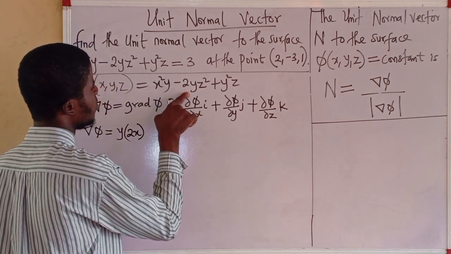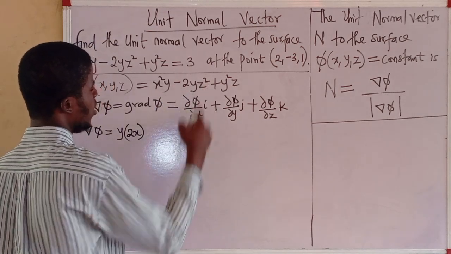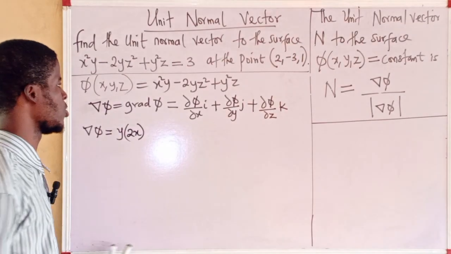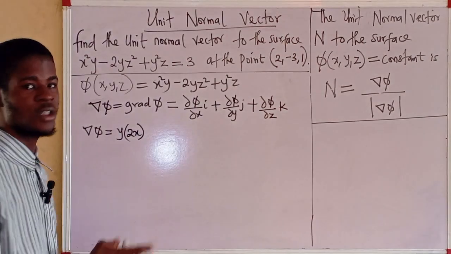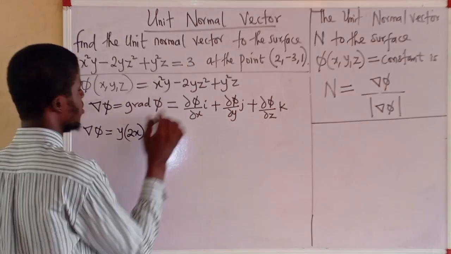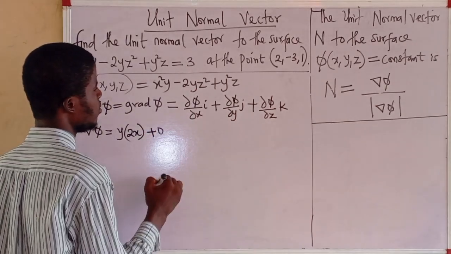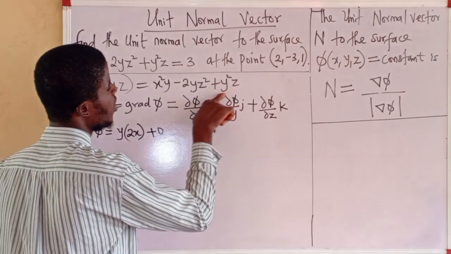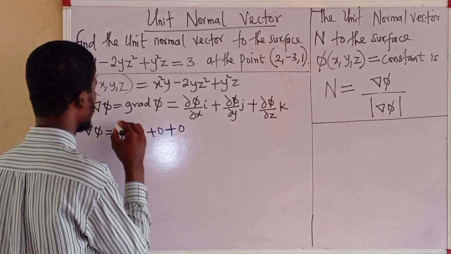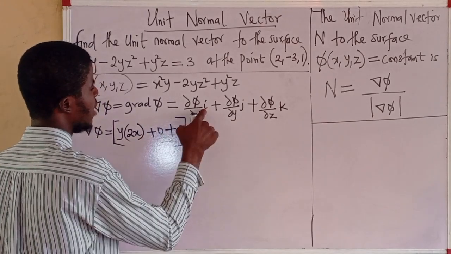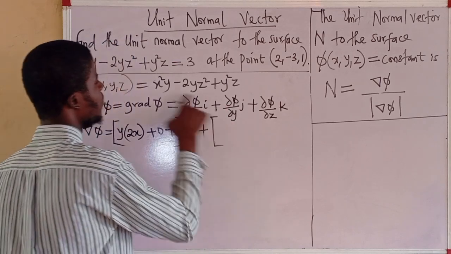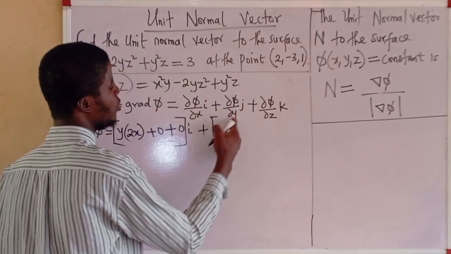Okay, this term minus 2yz squared does not contain x. That means it is a constant. Okay, so the derivative of the constant is equal to 0. So differentiate this with respect to x, it is equal to 0. The same thing here. There is no x here. This is y squared z. So the derivative is also equal to 0 times i